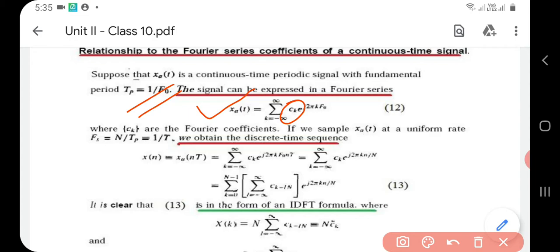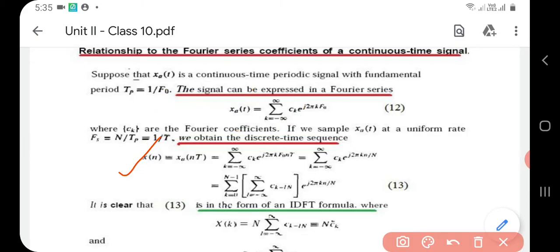So this is actually an analog signal or continuous time signal. Now from this continuous time signal, how will you get the discrete sequence x of n? We already studied in our first class that an analog signal or a continuous time signal is sampled at regular intervals of time to get a discrete sequence x of n. So that is done here.